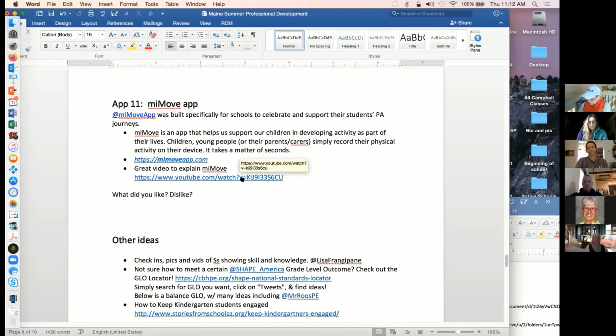This app company actually contacted me and said that they just happened to see my call out on Twitter and said, hey, have you checked this out yet? And I was like, no, I haven't yet. So I'm interested in seeing how I might be able. I am an Apple girl, so I'm excited about seeing how I might be able to utilize this one too,